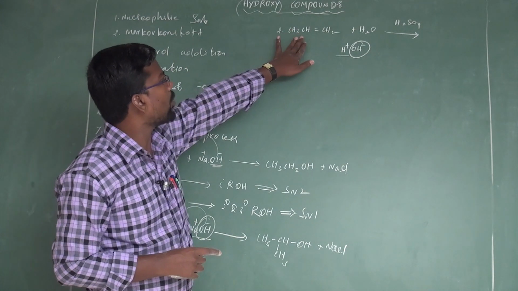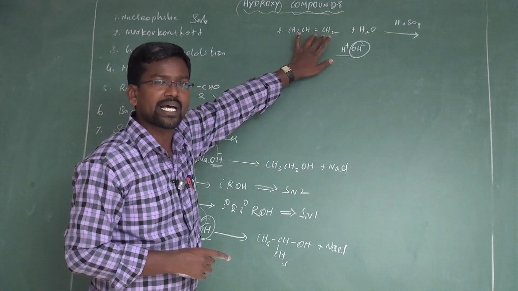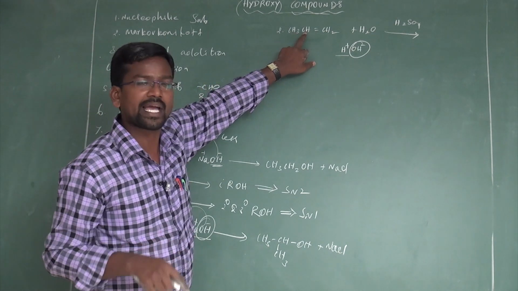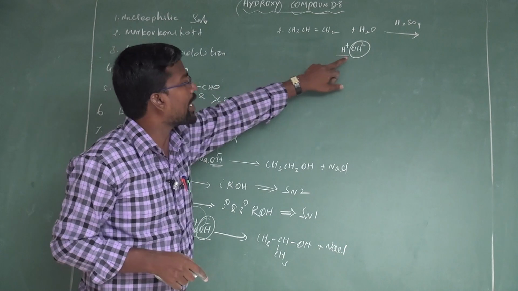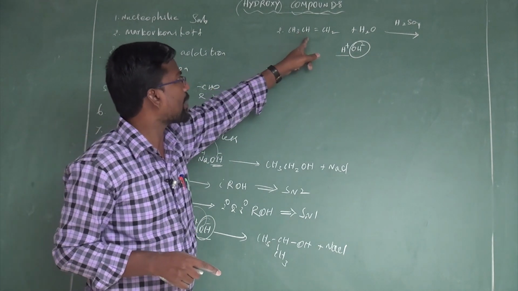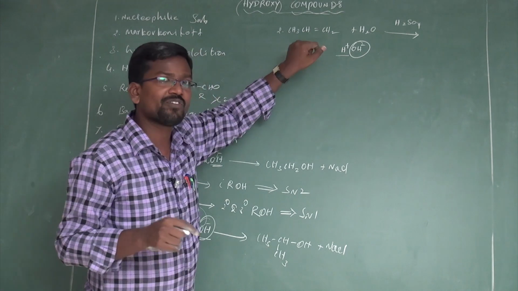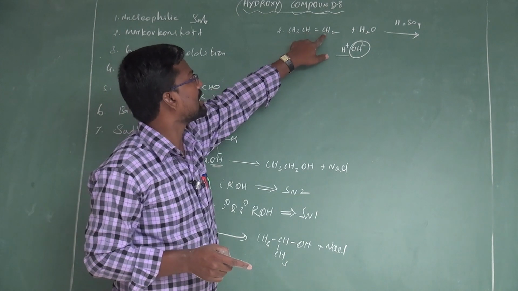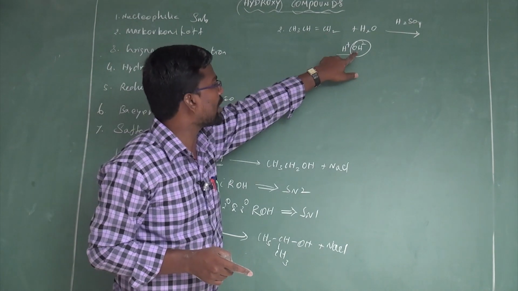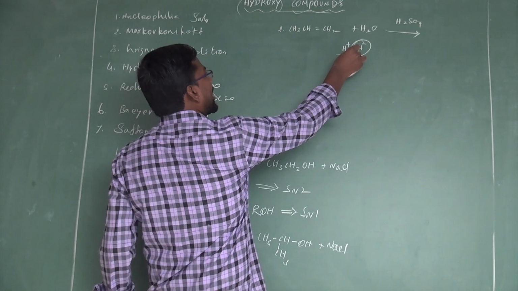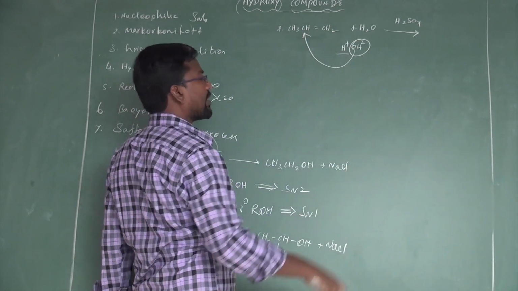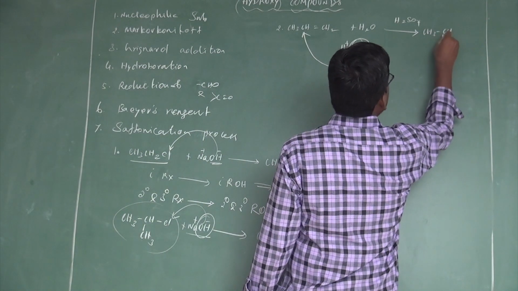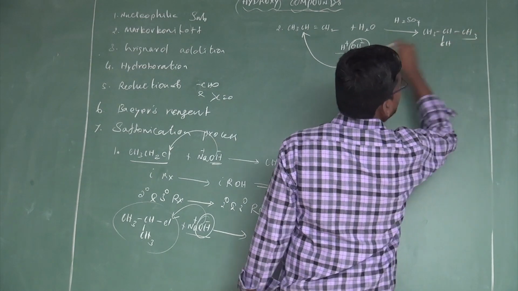How many carbons does the compound contain? 1, 2, 3 carbons. The first carbon is the methyl, the second carbon is CH, the third carbon is methylene. The OH group is directly attached to the carbon-carbon double bond. Between the two carbons, which has fewer hydrogens? CH has only one hydrogen, and the methylene carbon contains 2 hydrogens. The negative part of the addendum, the OH- ion, attaches itself to the carbon having fewer hydrogens to give isopropyl alcohol: CH3, CH, OH, CH3.